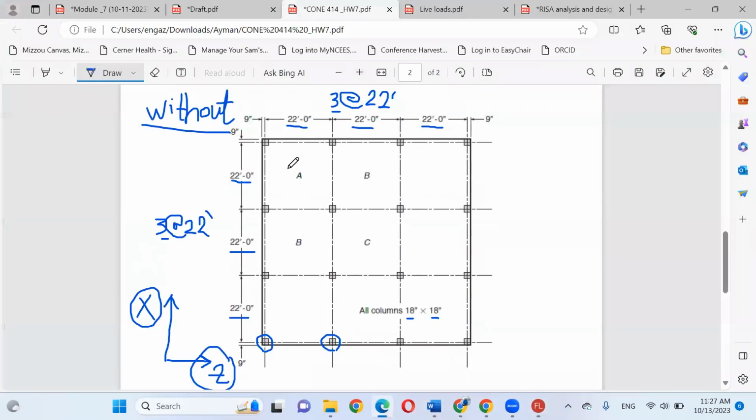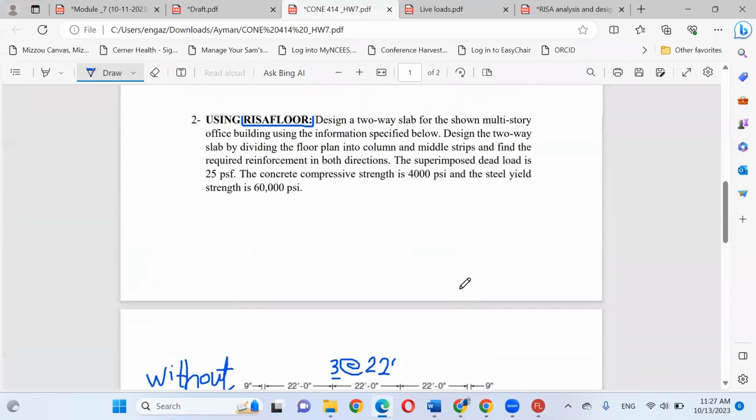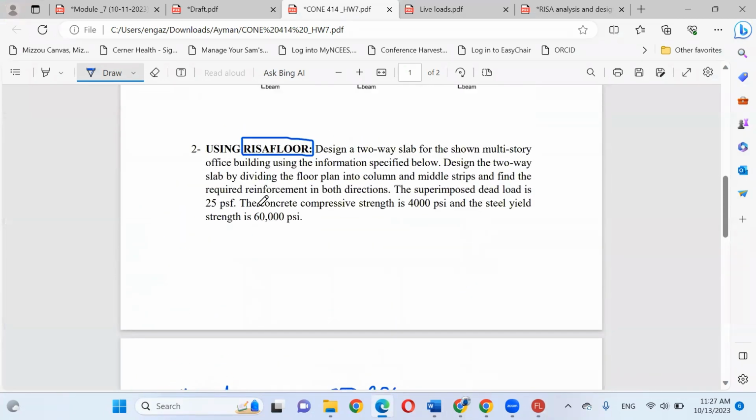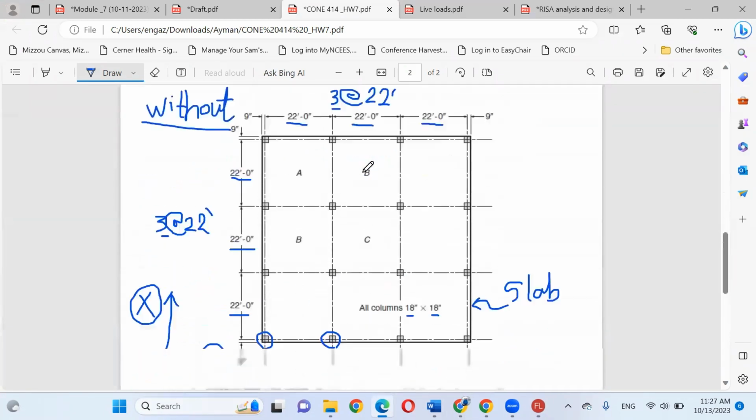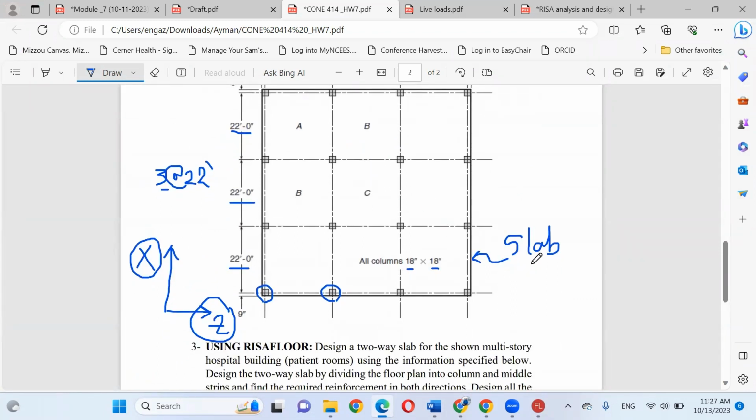If you look at your floor plan, we have only a slab. The thickness is not given, so we can assume the thickness of this slab, for example, 5 inch. And these columns are square, 18 inch by 18 inch. Let's start to draw the columns first.